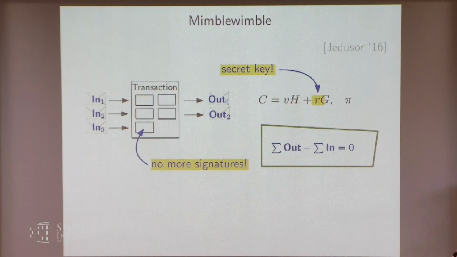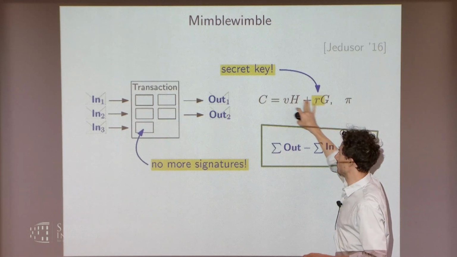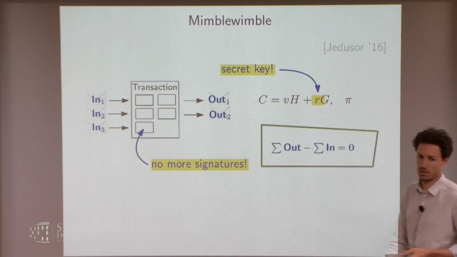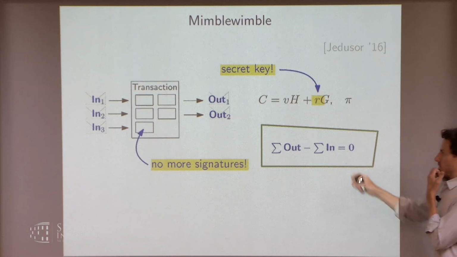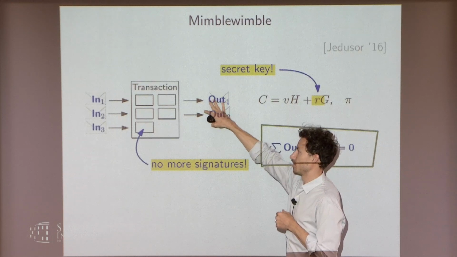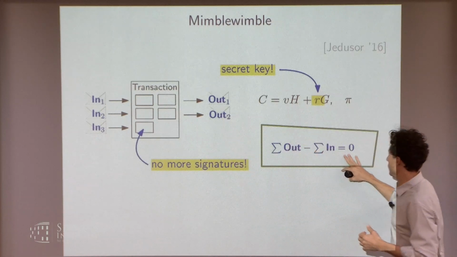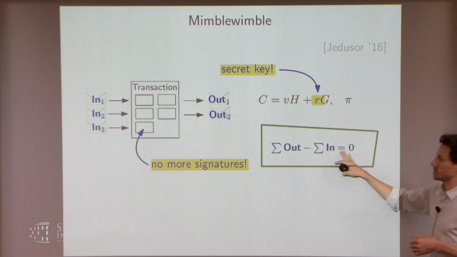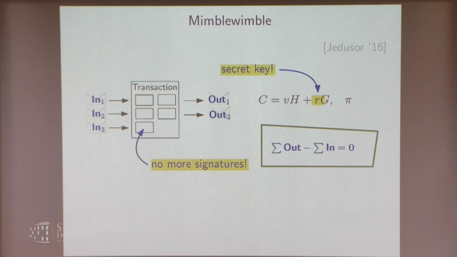So what Mimblewimble proposes is, well, if this coin has some secret value anyway, can we just say this is the secret key for the coin and forget about signatures altogether? So this doesn't seem very secure, but it turns out it is. But the first problem we need to solve is that if this is the secret key of the coin, again, we have to make sure that the sender doesn't know the secret key of the coins that are created. But if we still use this equation to check well-balancedness and say there's only one input and one output, then the randomness has to be the same. So necessarily the sender knows the secret key.